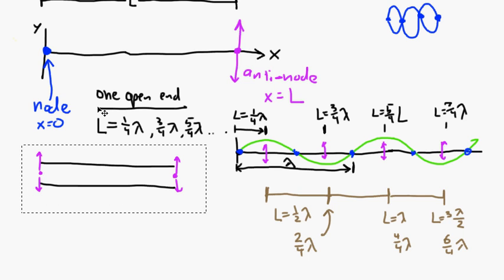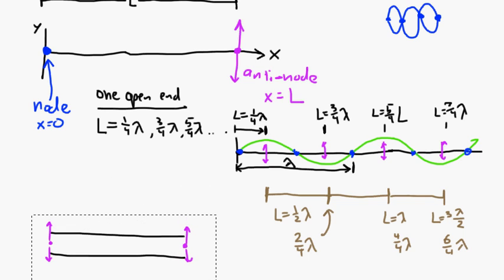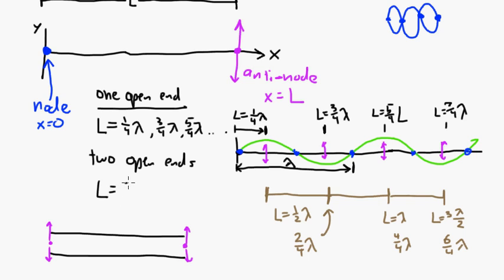So if we take, I'm going to move this out of the way, and then with 2 open ends we get 2/4 lambda, 4/4 lambda, 6/4 lambda, etc. So these resonant lengths all go in increments of 1/4 of the wavelength. And if you have an odd number of quarter wavelengths, that's a resonant length for a tube with 1 open end, and